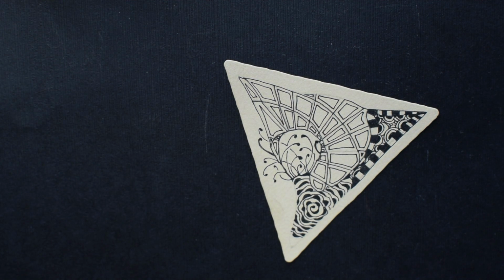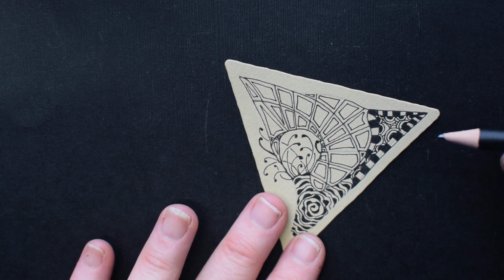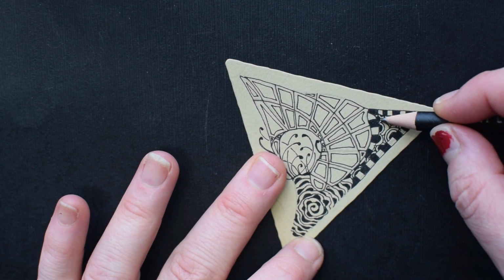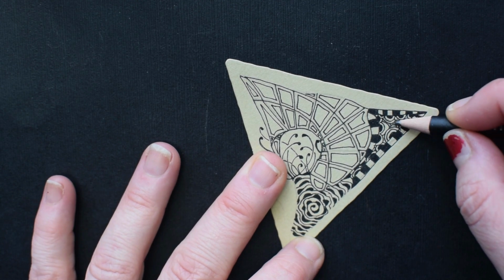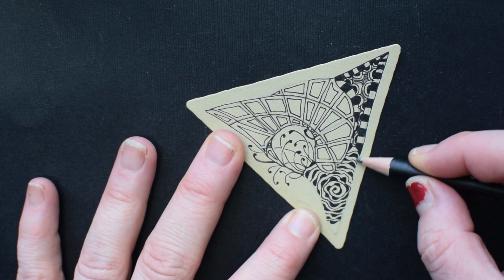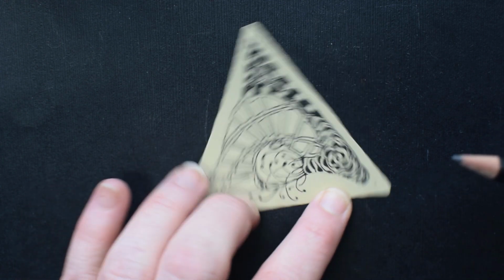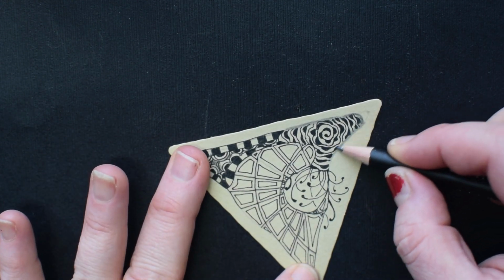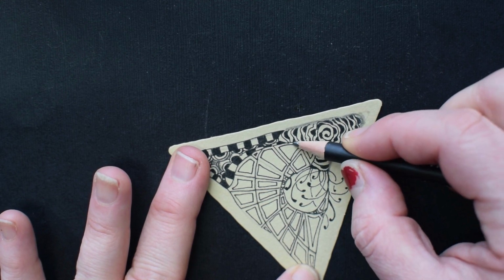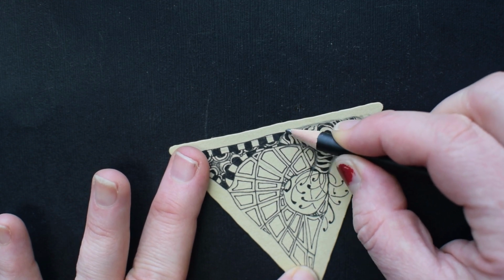Now, I'm just trying to decide if I want to really do something with the inside of those boxes, but I think I'm going to use my white pencil there. So I'm not sure how this is going to come out, but let's just go for it. So I'm going to start shading this. And I'm going to start here because this is the most obvious place that it feels like there is a going in feeling, a real three-dimensional feel of going in. This thing here looks really cool if I shade on the outside of it, like this. And then eventually I'm going to push that graphite into the flower. So I'm just going to do like that. For now,